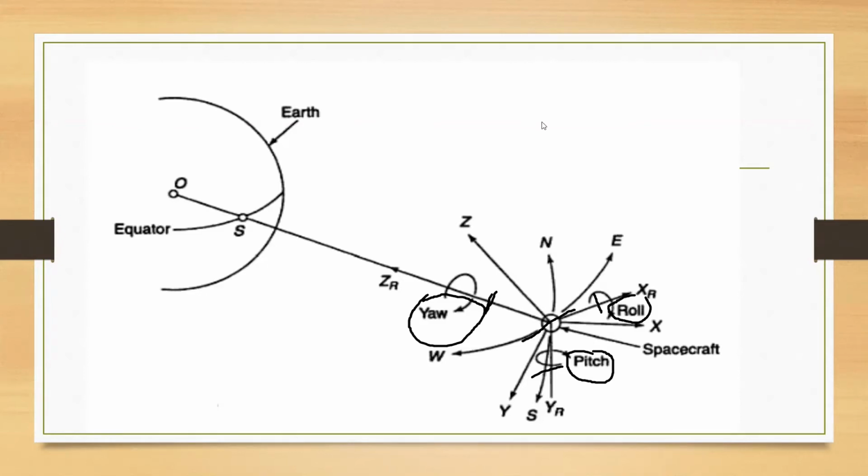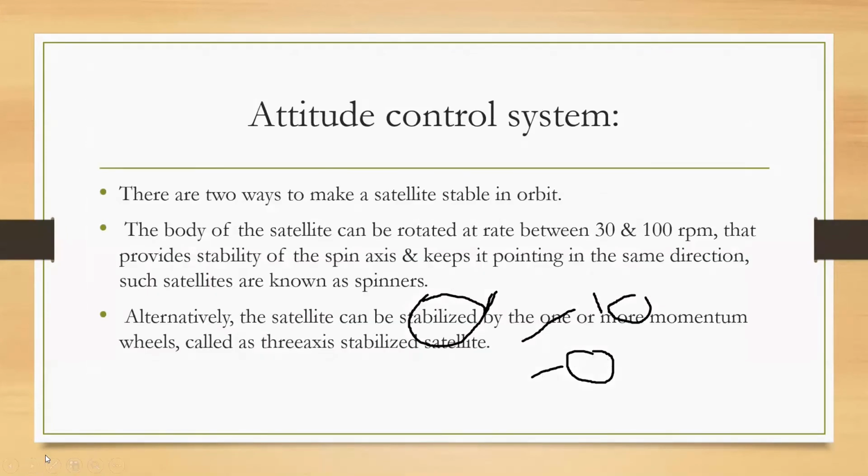Yes, they will continue spinning because you are in a zero gravity condition, and once you give it a force, it's inertia. A body will continue to move until a force is acted upon it. So no force, no friction is acting on it. These flywheels will continue to move and will help us keep the satellite in a stable position. This is called three-axis stabilization.